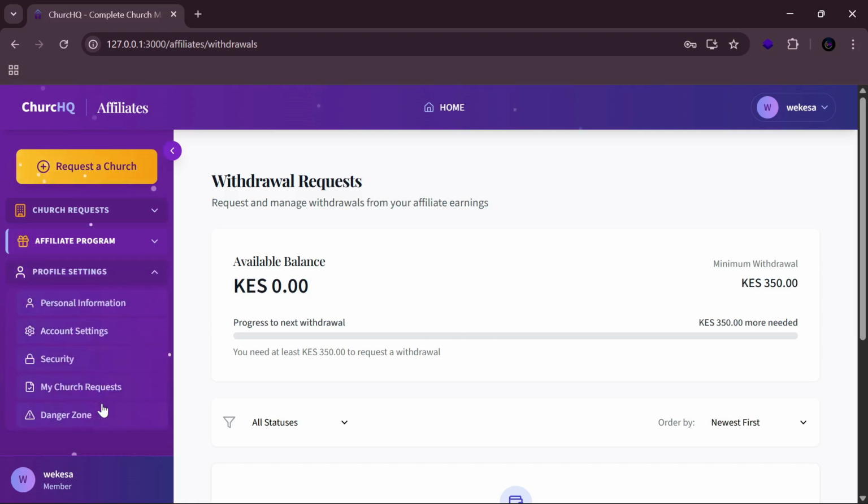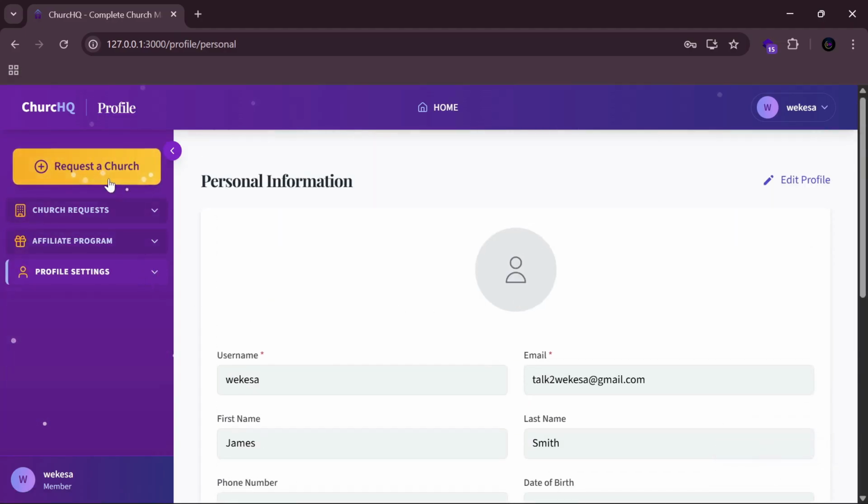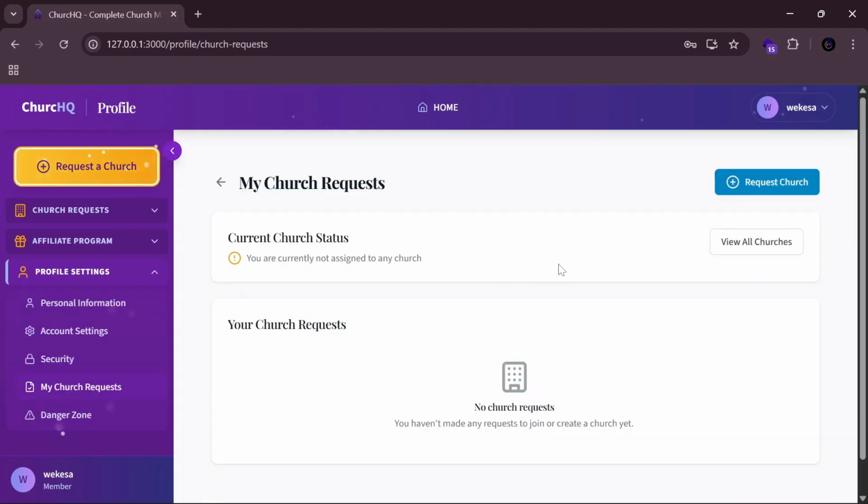And then also for the profile management, where you can update your profile details and all that. But then I'm going to go straight on the requesting the church. So now this time we have removed the option to join the existing church because of the